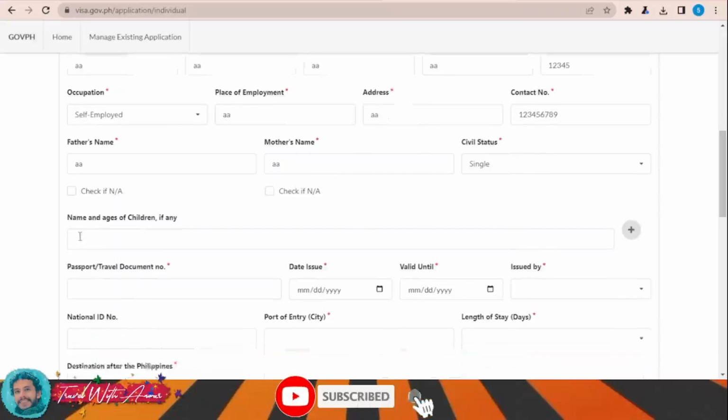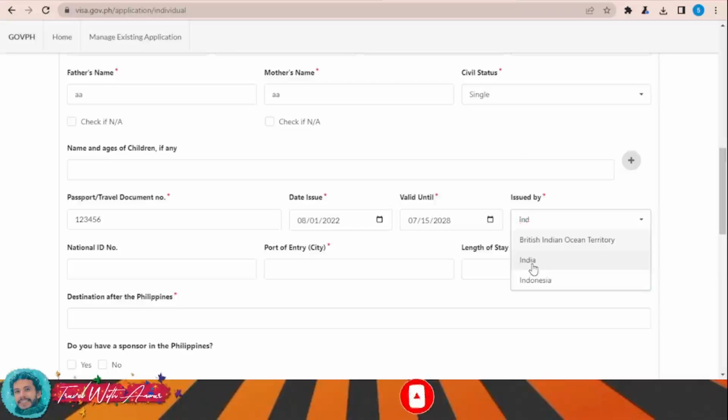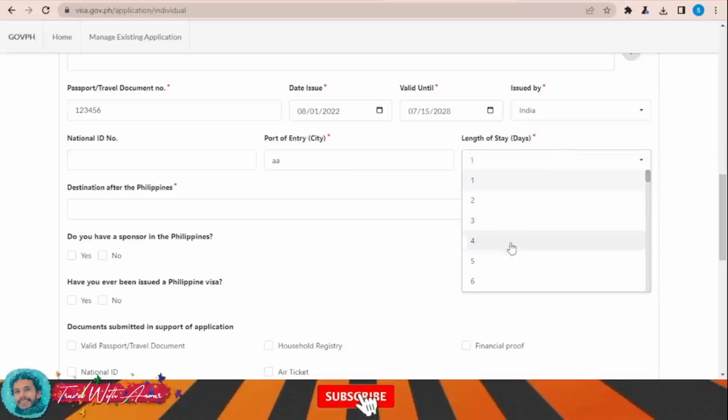okay, single, name and age of children if any, okay, passport, travel document number, date of issue, it will be that date, valid until, let's choose that date, issued by, let's stick to India, national ID number, proof of entry, city, length of stay, days, let's say I will stay for 30 days, for example.